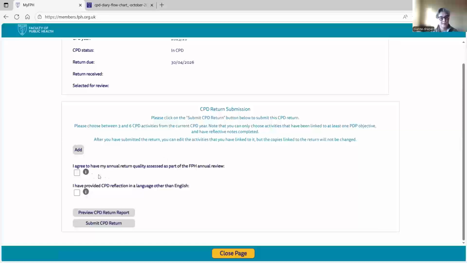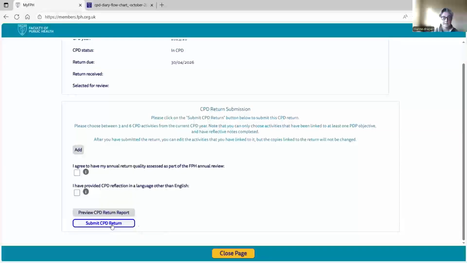And what we need you to do is we need you to agree to have your annual quality return assessed if you're chosen as part of the 10% as part of the annual review. And if you have provided your CPD in a language other than English, please tick here. If you haven't, don't worry about ticking that box. Have a look at what you're submitting, and then when you're ready, press